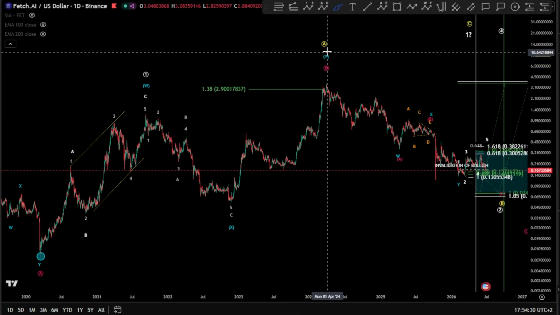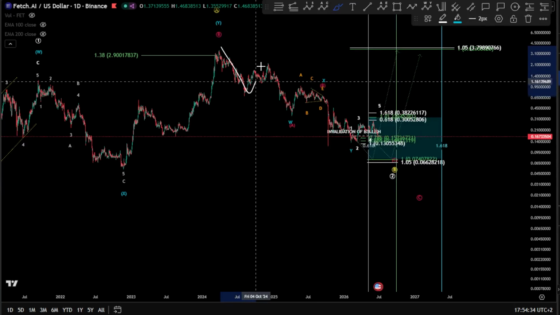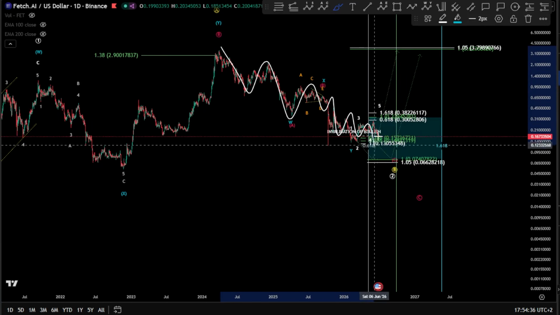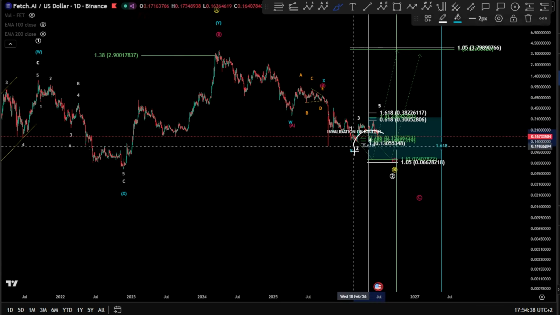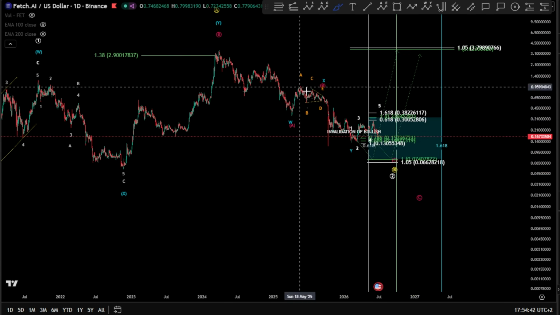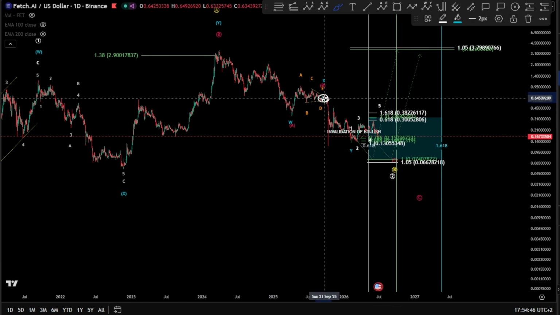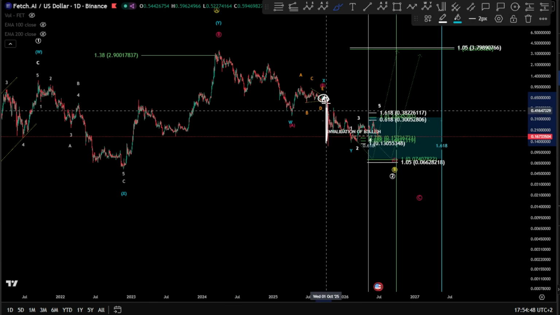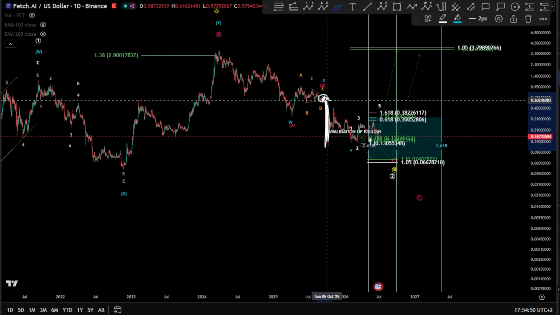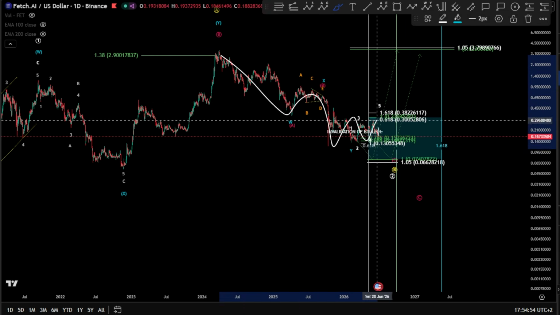Definitely it's a Y. We have a wave A and we got a wave B with a very long sideways complex structure. We were looking for the timing here. This is a box of the timing, and I mentioned this timing. I think we were still after the triangle. Yeah, after the triangle, and once we got this drop there, I mentioned, okay, guys, we're going very long sideways